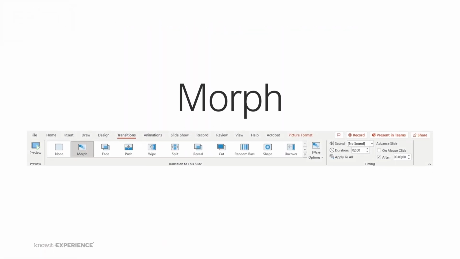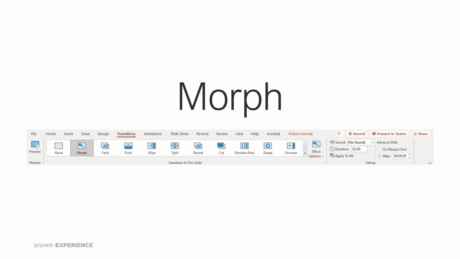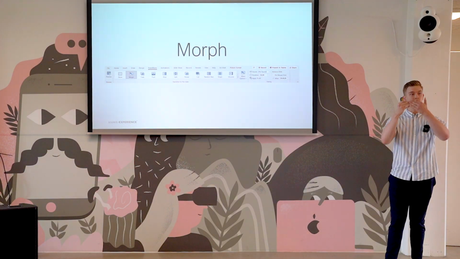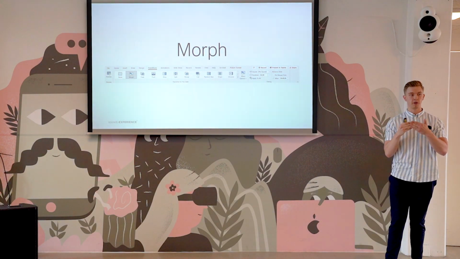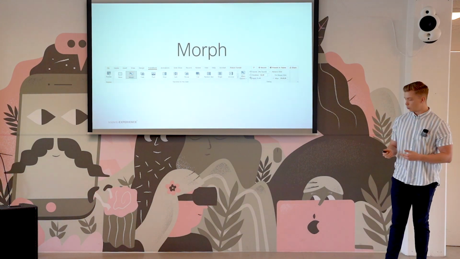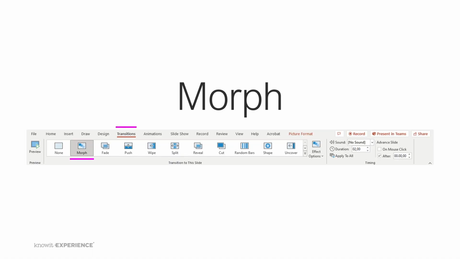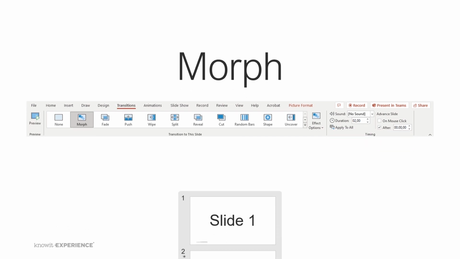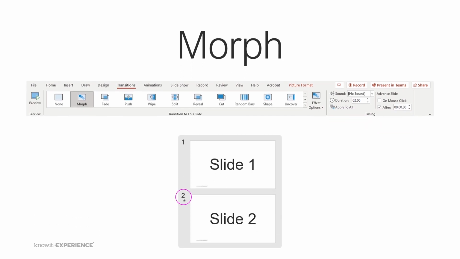Then we use my favorite feature called Morph, which is sort of PowerPoint's auto-animate. It tries to interpret what's on slide 1 and how it can animate it on slide 2. So we go to transitions and morph, and we can set a certain duration. We can choose if it should be after a mouse click or after a certain delay. The important part is that we need to place it on the following slide, the next slide, never on the first slide. So for every move, we place it on the next move.